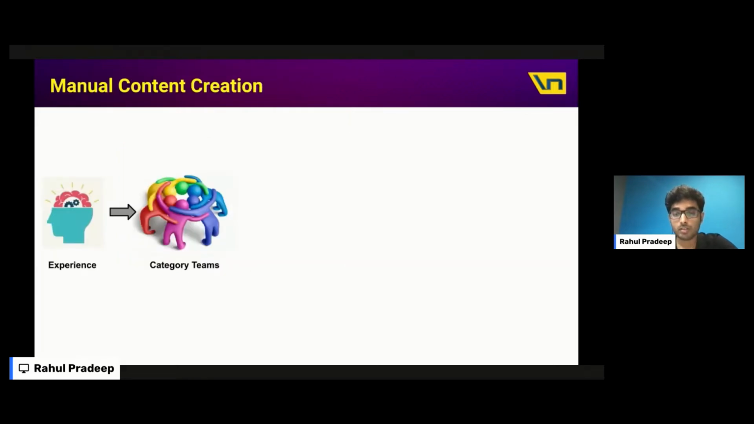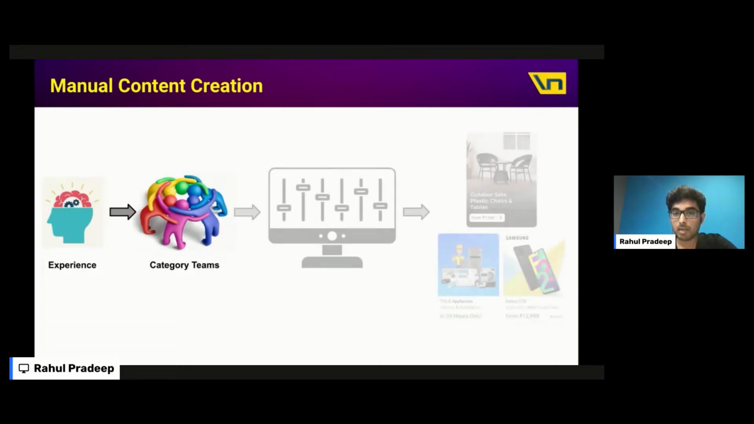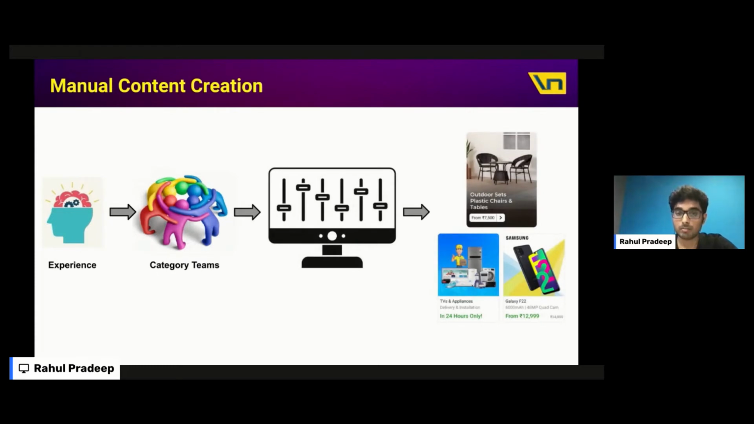So before Morpheus, the way we used to create these experiences was totally manual. We have these category teams. Every shopping category like mobiles or lifestyle has its own category team taking charge of that respective business. They used to create this content manually using an in-house console, and they used their conventional wisdom and experience to do that. While this worked well till the scale was manageable, we quickly realized this would not scale